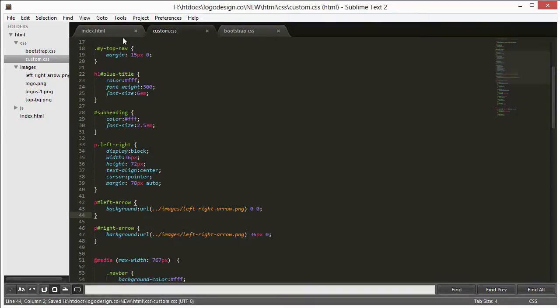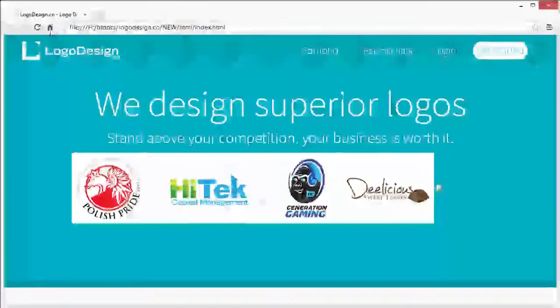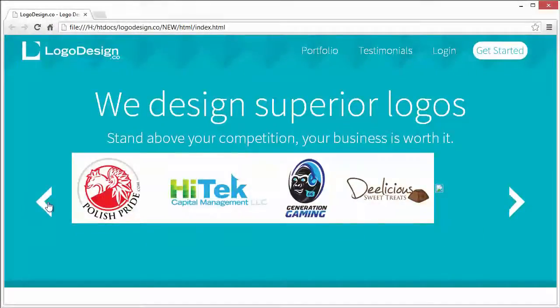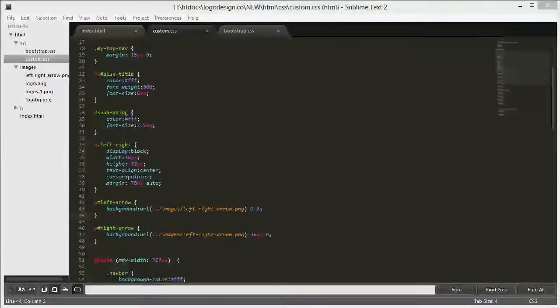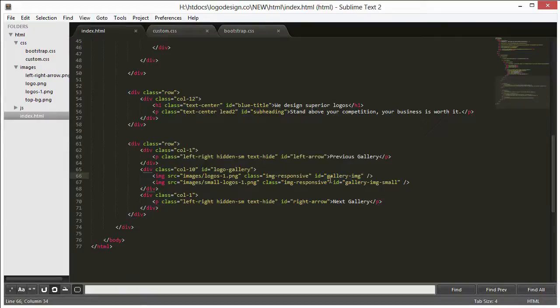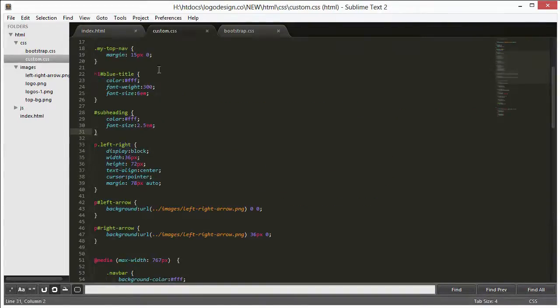So that's basically how sprites work if you're unfamiliar. So if we go over here, we can now see they both show up even though they're actually the same image. Alright, so now what we want to do is handle this middle container here, which will hold this image. So what I want to do is we'll go over here, and in our CSS, first we reference this as gallery-image, or rather first this one right here is logo-gallery. So real quick, let's go ahead and add